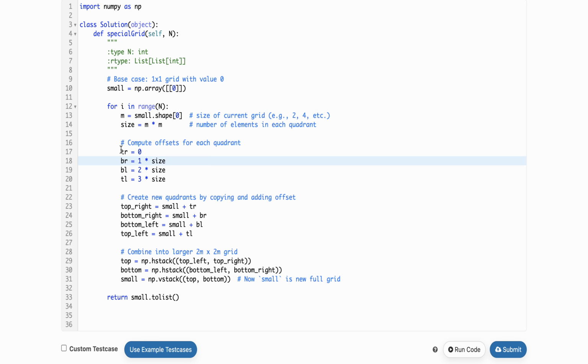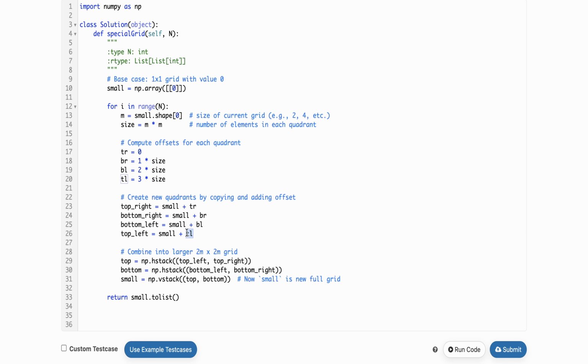And then I've defined my offset, and here you can see how I construct the top right matrix, bottom right, bottom left, and top left. When we make all of these matrices, you can see it's the small plus the offset. The first offset is 0, the second offset is size, the third offset is the double of size, and the